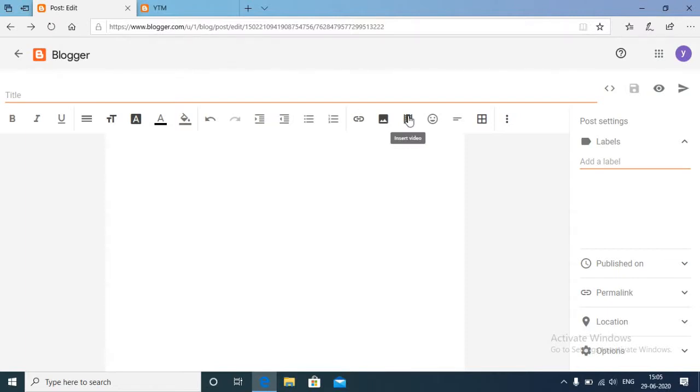Just like an image, you can also insert a video. You will click there, and if you have any videos on your computer, you can click here, or directly from YouTube, no problem. This is the overview of how to create a new blog and how to post in it. And also, this is the font size. If you want to post any text there, you can change the font sizes and the format, anything you can do.